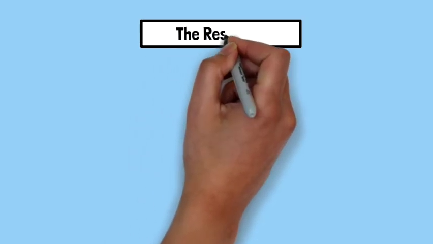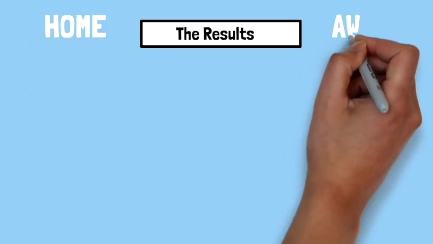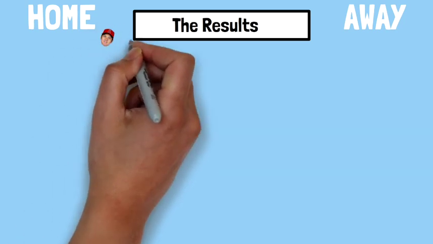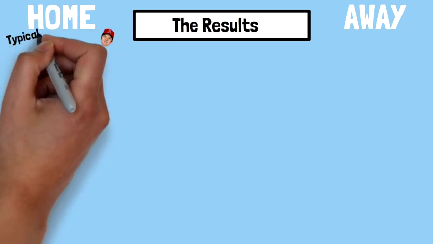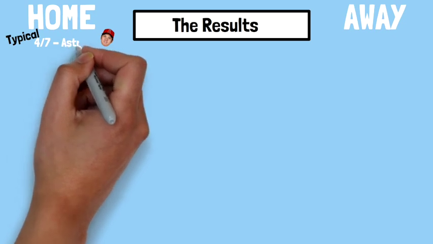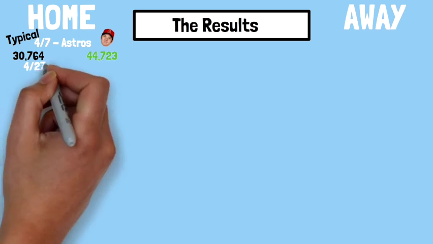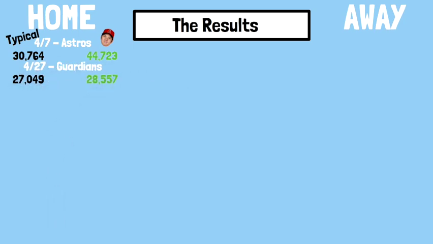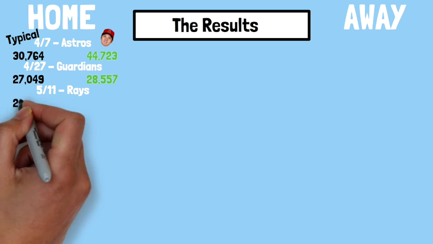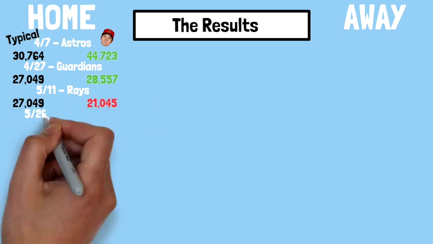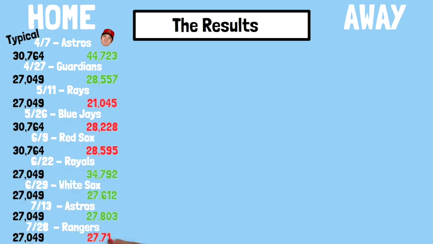We're going to break this up first by home and away games. The way this is going to work is we have the day and team Ohtani pitched against. Below that, we will have the average attendance for that day of the week in black, and then Ohtani's attendance next to it. When the Ohtani attendance is green, that means he drew a bigger crowd that day. When it is red, that means that he drew less fans than that team's average attendance on that day of the week. Starting with home games here on the left side, you can see listed the comparison of normal attendance versus the Ohtani effect attendance.